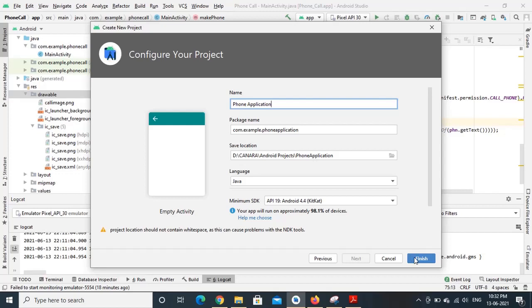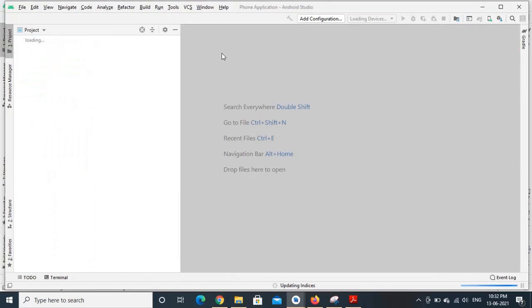Click on finish. Let it create all the required files and folders for the particular project.